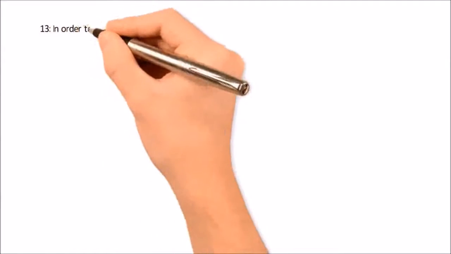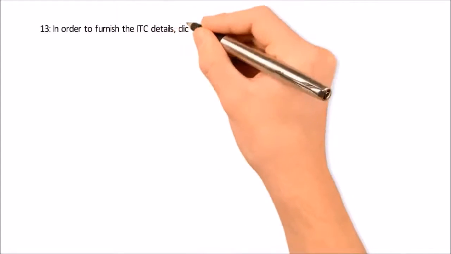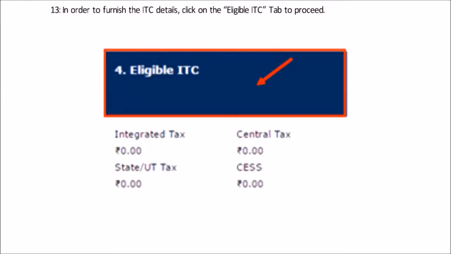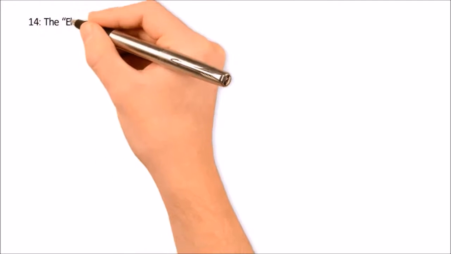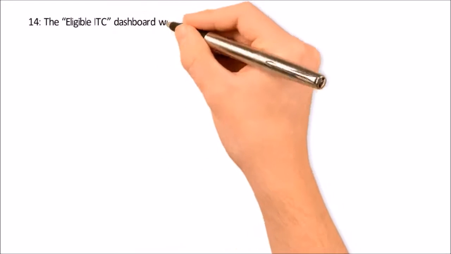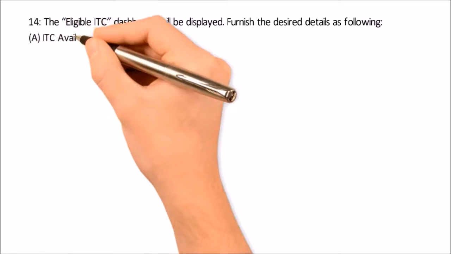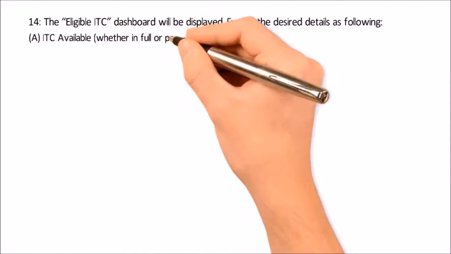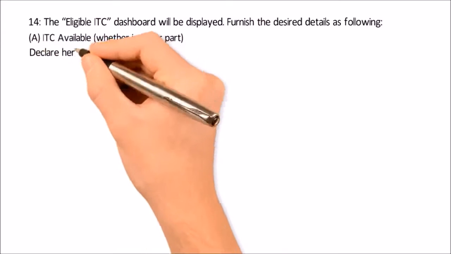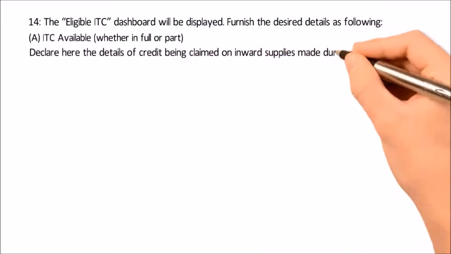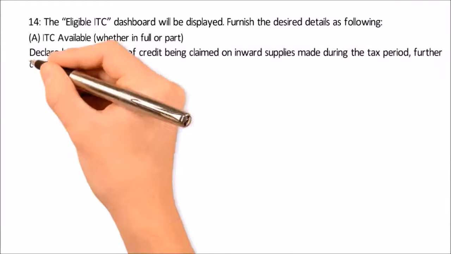13. In order to furnish the ITC details, click on the Eligible ITC tab to proceed. 14. The Eligible ITC dashboard will be displayed. Furnish the desired details as following. A. ITC available, whether in full or part. Declare here the details of credit being claimed on inward supplies made during the tax period, further categorized into